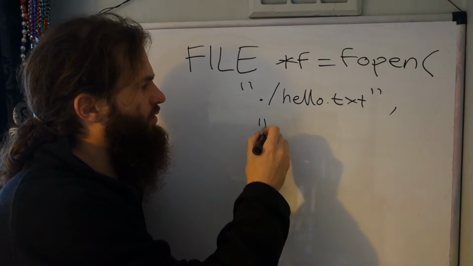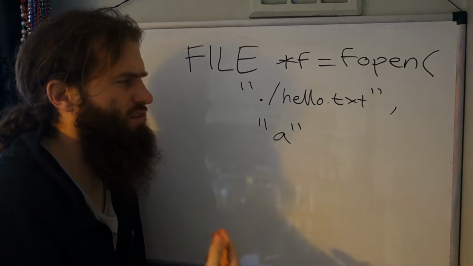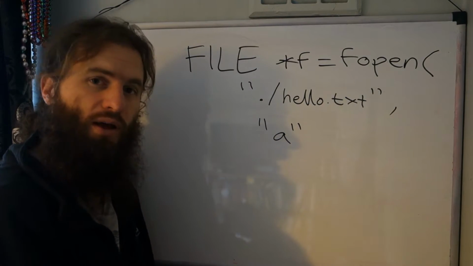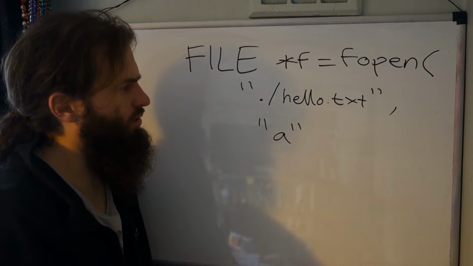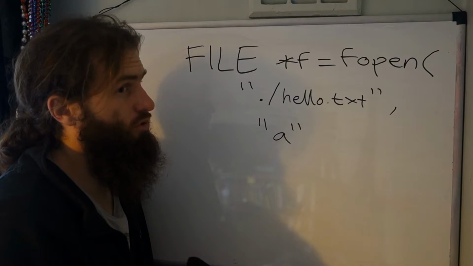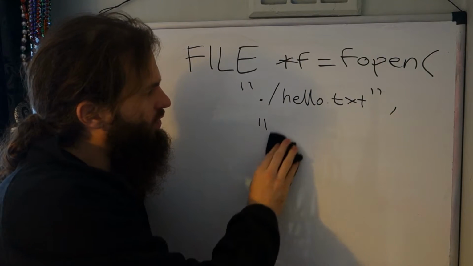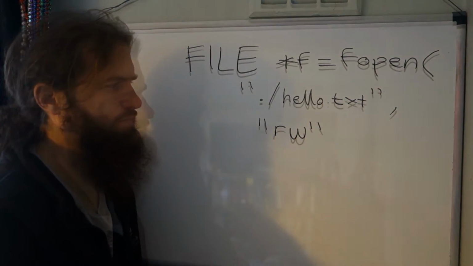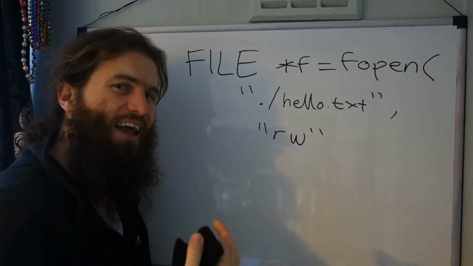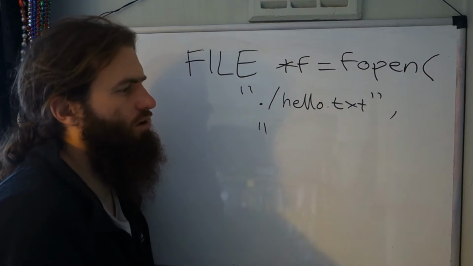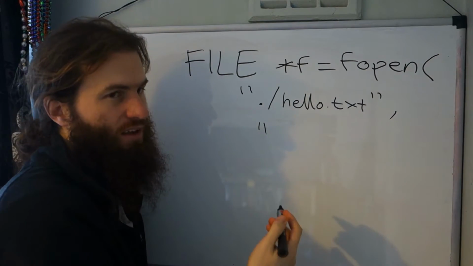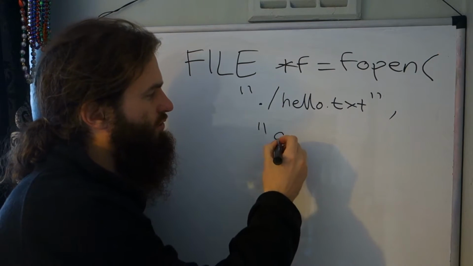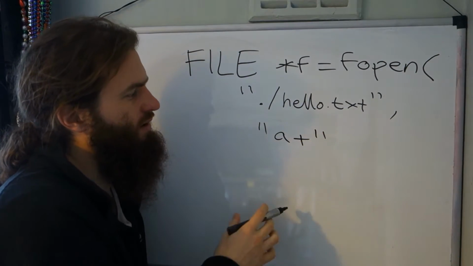and you can open the file for appending, which means that when you do a write, it will start at the end of the file. Some files can only be opened for appending if their permissions are set on Unix. So they're the three primary types, but you can also open a file for reading and writing. In any of the modes, either R, W, or A, you can append a plus to say that you want the file to be opened for both reading and writing. So A plus would mean you're appending to the file,